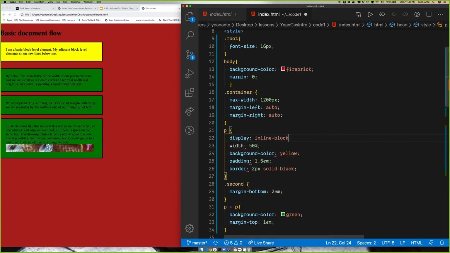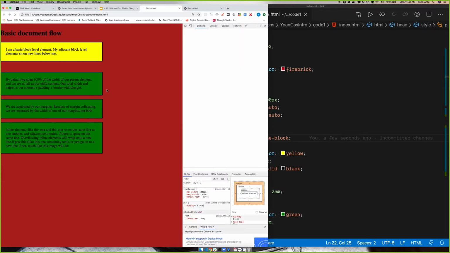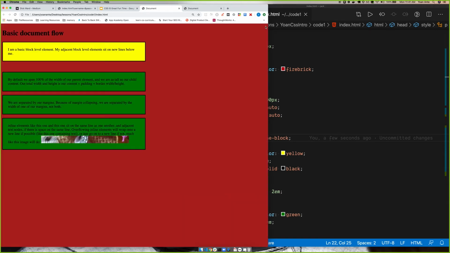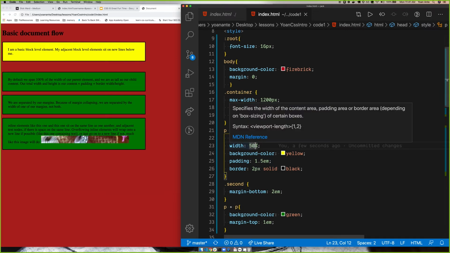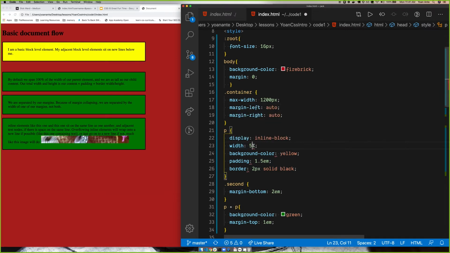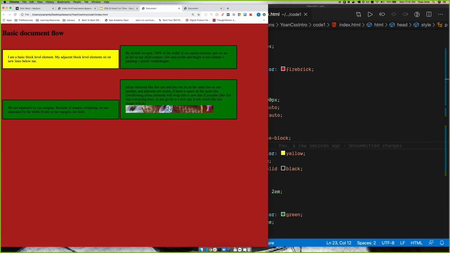Okay, so we would think that they would stack next to each other as inline block elements, but they don't. And if we start lowering this width and we try to find what's called the magic number, eventually they will start sitting next to each other. 1, 2, 3, 4. Okay, so a magic number is something that we want to try to avoid in CSS,